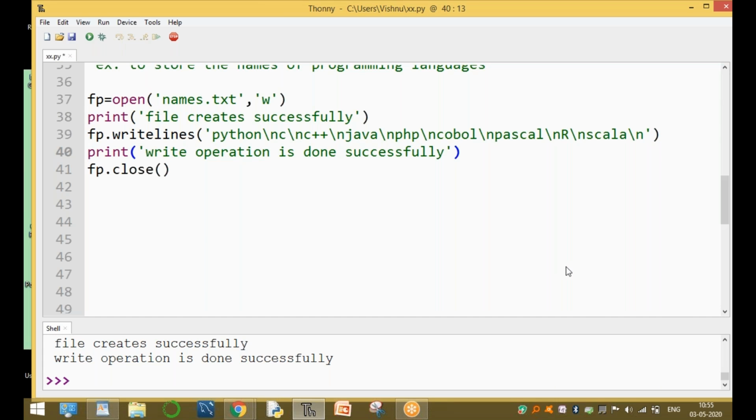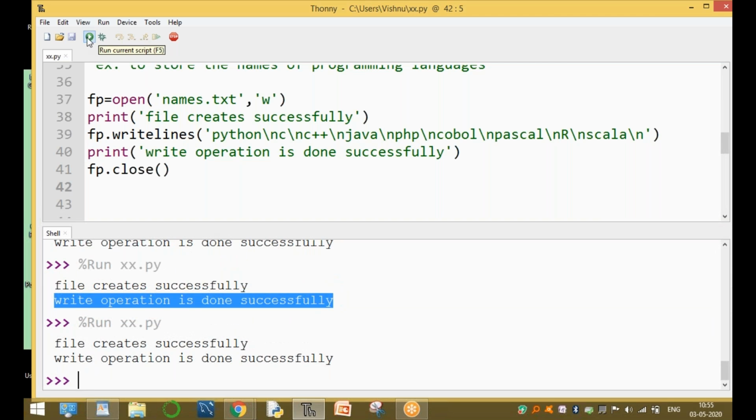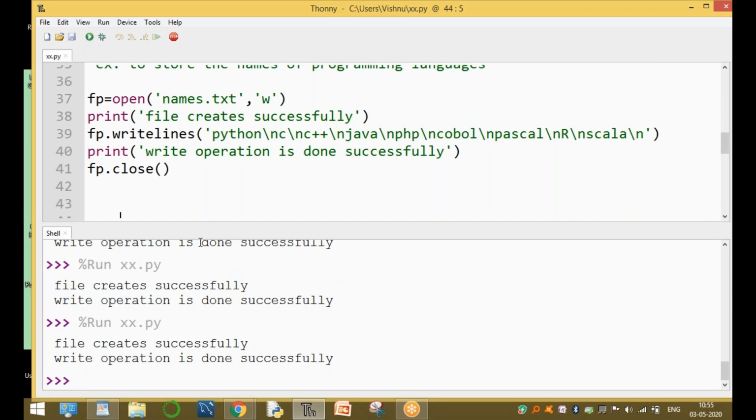To store Pascal, R and Scala, these are added to the file using the writelines function. This function writes more than one value, more than one line, to a file. Now run this program. Okay, this operation is done. Clear, guys?